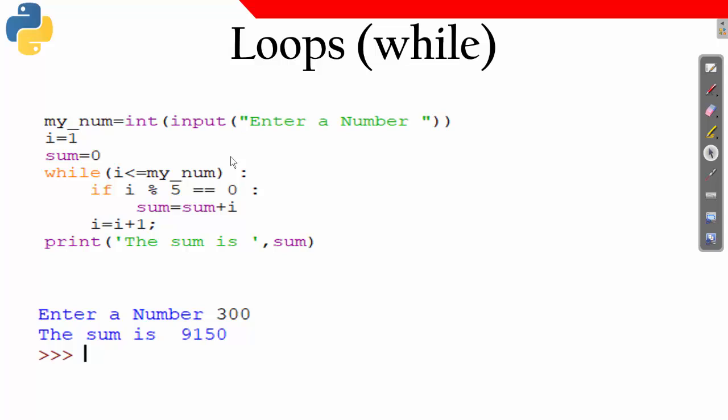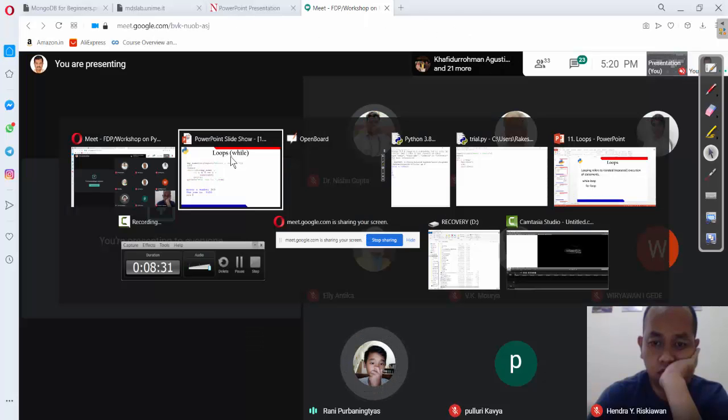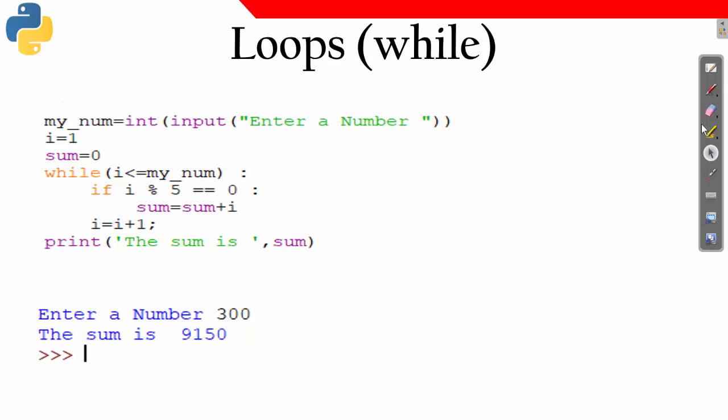Sir, I want to ask. Yeah, ask me. Is it necessary to give a semicolon at the end of the increment statement? You are asking about a semicolon here?